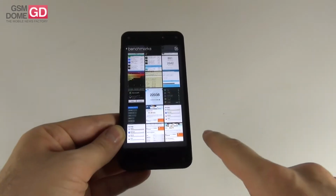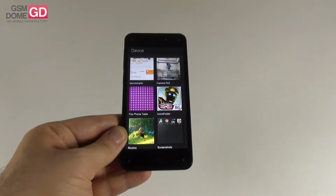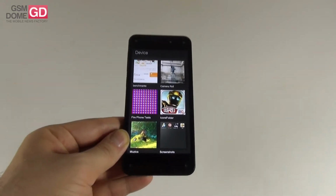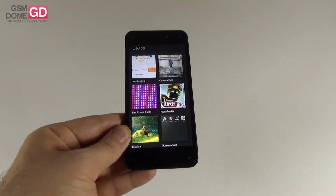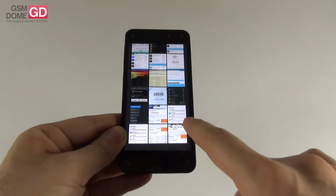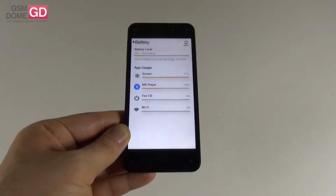On the battery front, we're dealing here with a 2400 mAh lithium-ion battery. On paper, it provides you with 22 hours of talk time and up to 285 hours of standby. The video playback time is up to 11 hours. And now in the test that we did, our test usually involves HD video playback in a loop with Wi-Fi